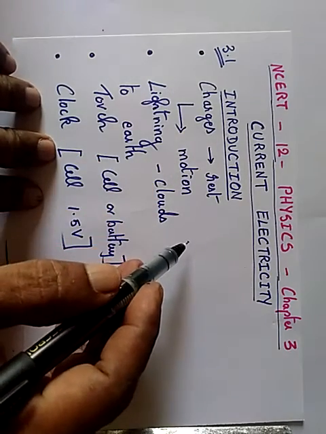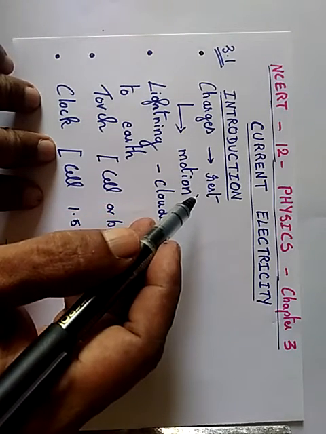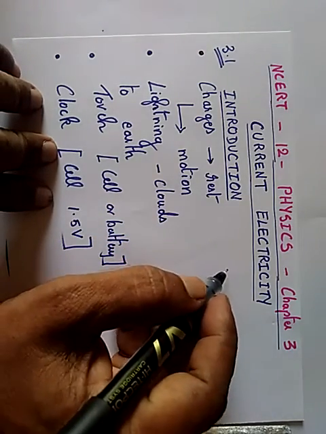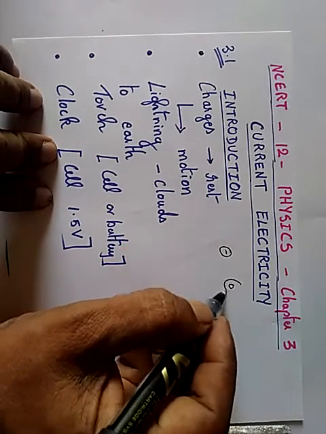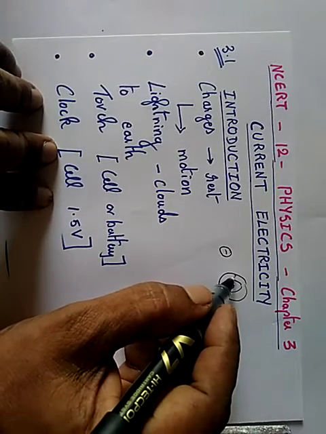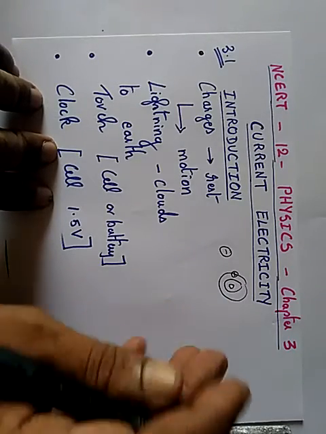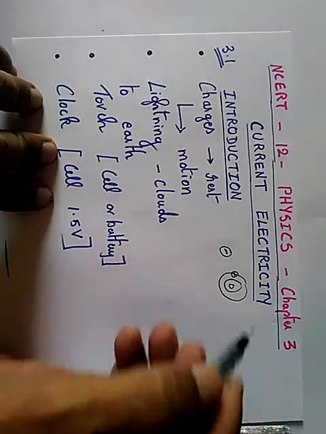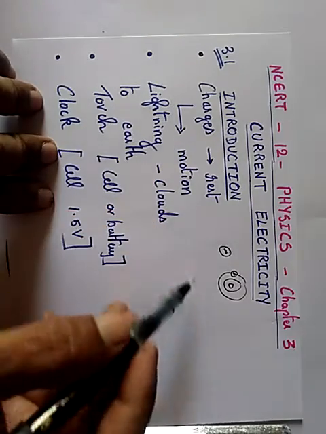charges in motion. In the first chapter, that is electric charges and electric field, all charges were either free, meaning free electrons that are out of the parent atom, or bounded, meaning the electrons are with the parent atom. There we treated the charges at rest, and we did all the derivations based on that condition. In this chapter we allow charges to move.